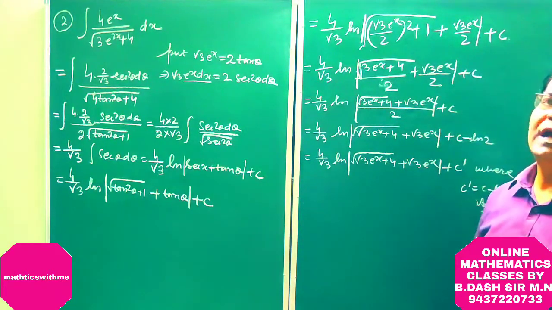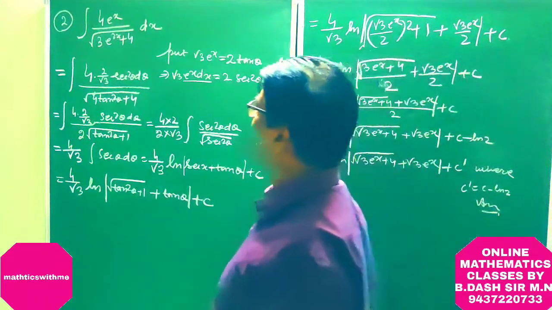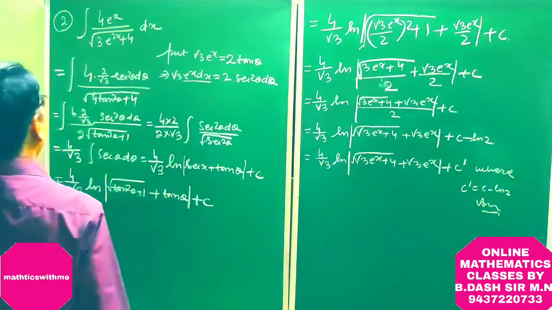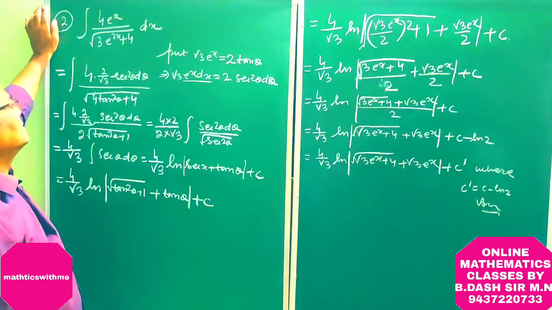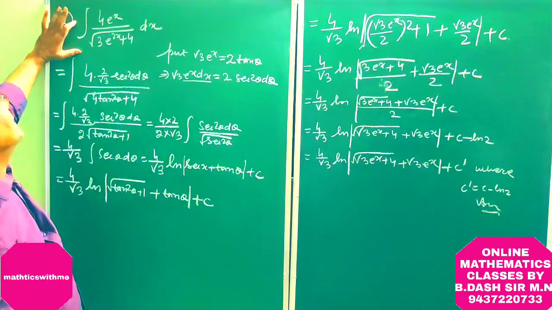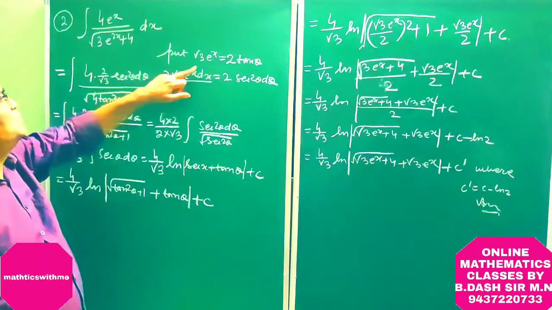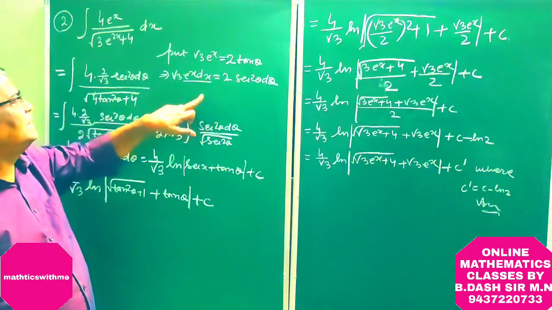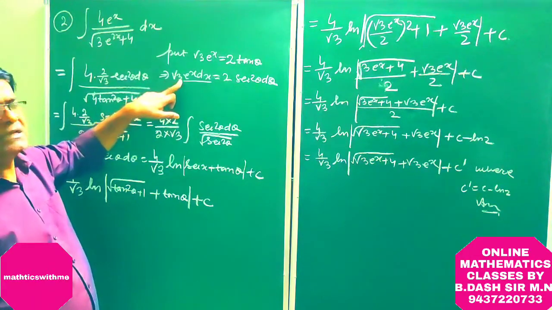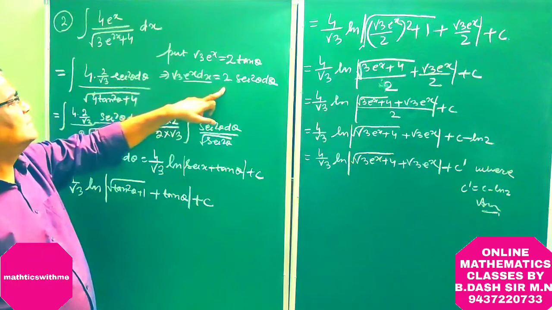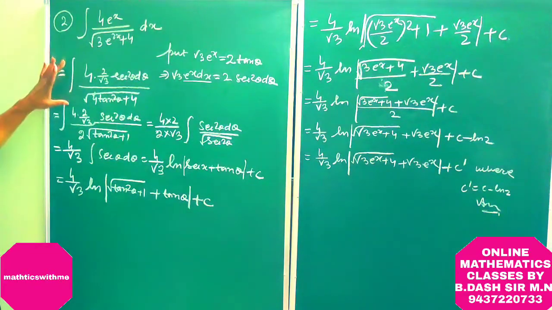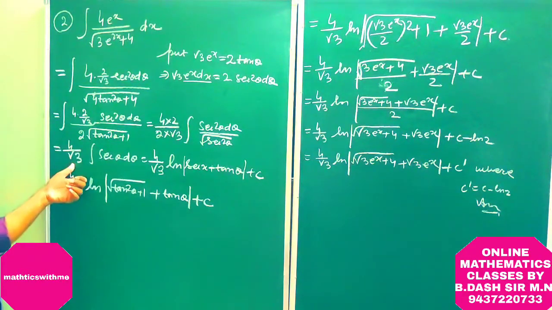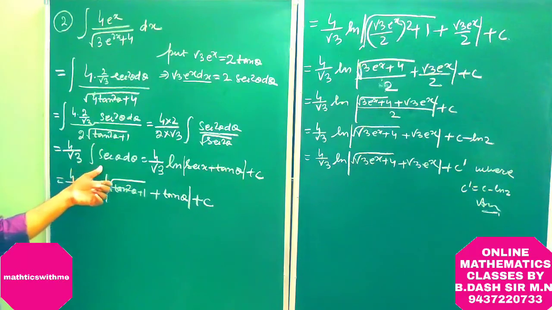So here we have to integrate 4 e to the power x divided by (3 to the power 2x plus 4) whole root over dx. In order to integrate this integral, let us put root 3 to the power x equal to 2 tan theta. On differentiation, we get root 3 to the power x dx is equal to 2 sec square theta d theta. Now putting the value in the given integral, after simplification, we get this equal to 4 by root 3 integration